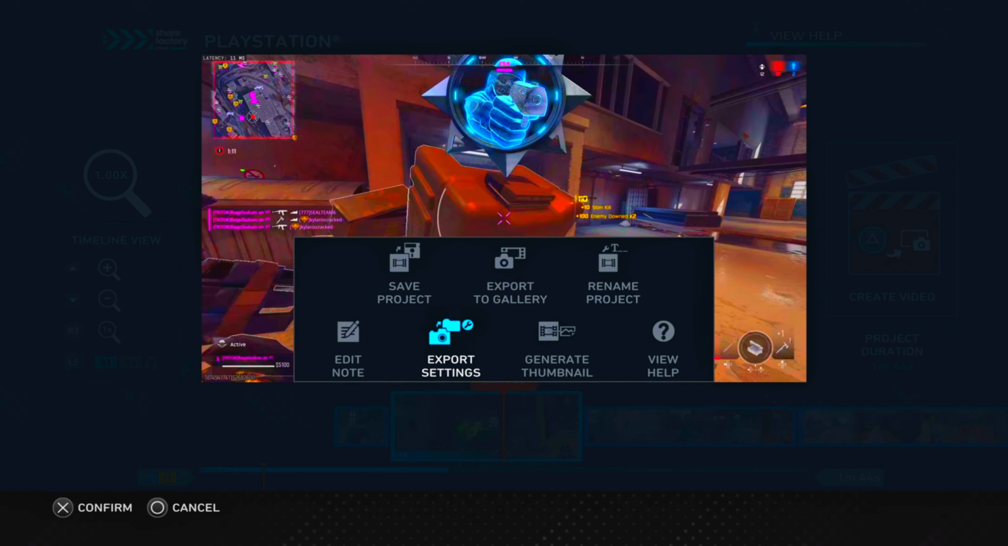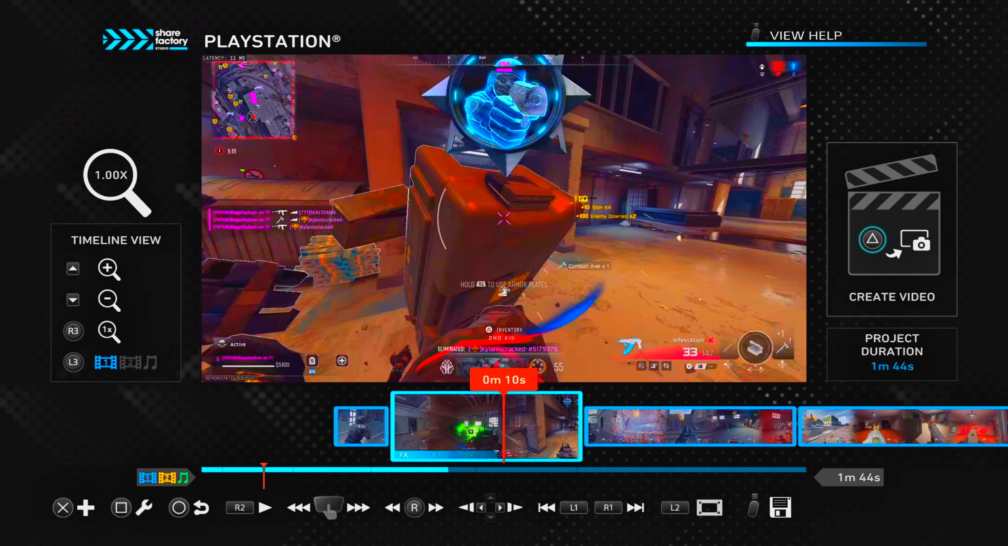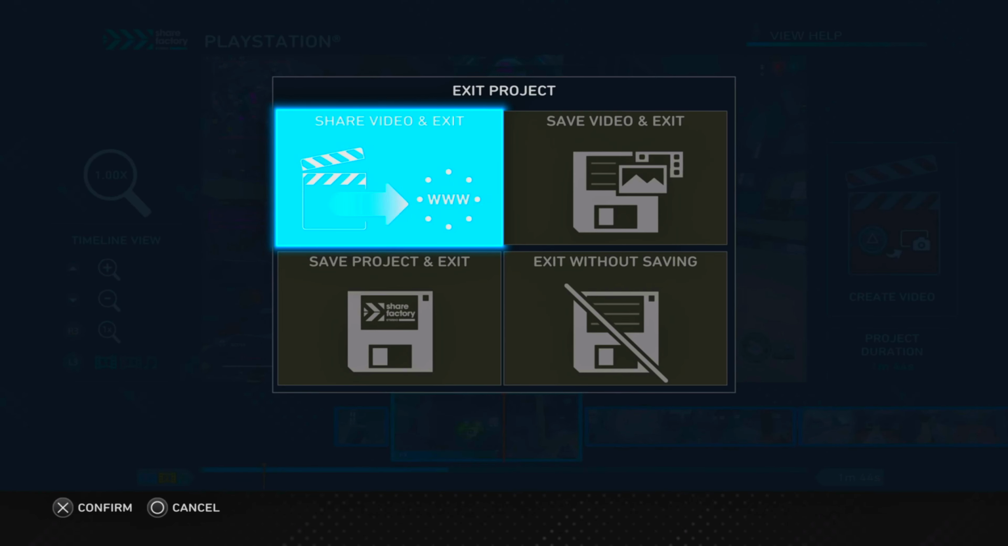So obviously, after you do all that, you want to click options. You want to go to export settings right here. Normally this will be on 1080p. You want to go down one to highest quality, and you want to click square to select it when the check mark shows up. You want to click X to confirm. Once you do that, just back out, and once you press circle, you'll see share video